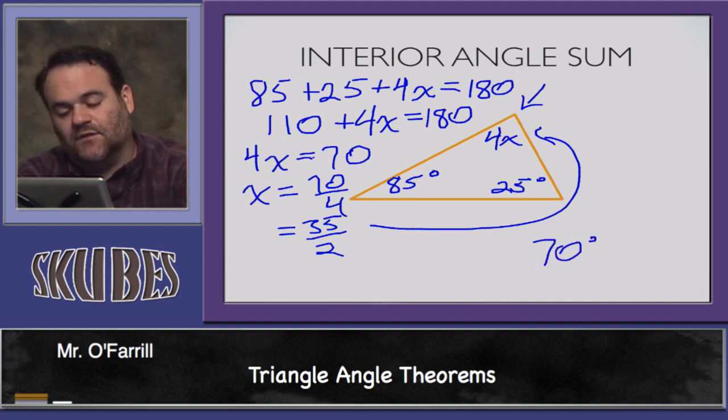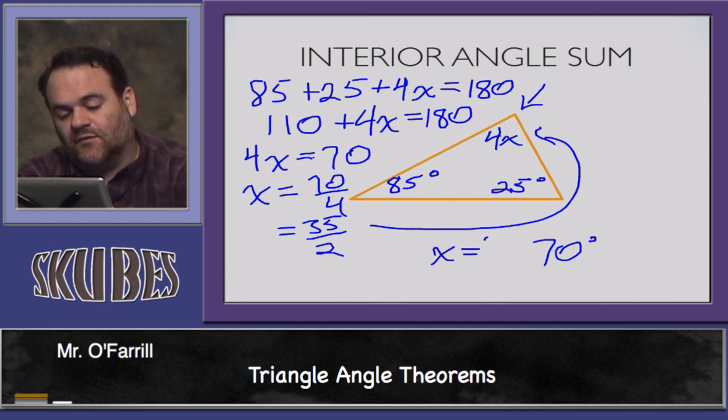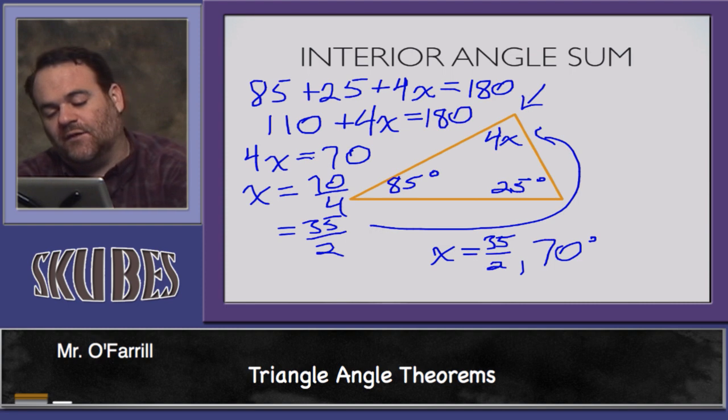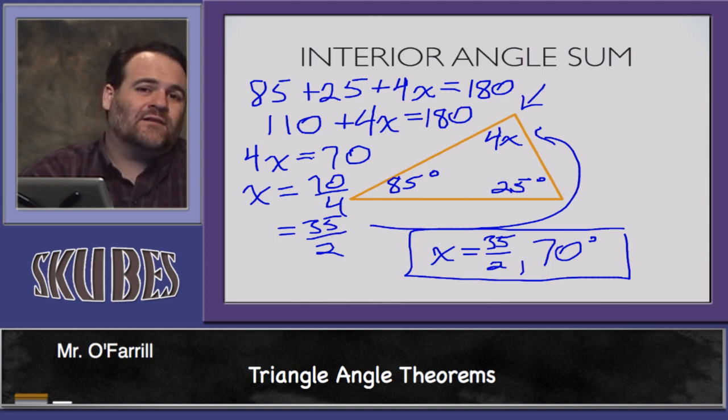So I can write the answer this way: 70 degrees and x equals 35 halves. Let's just put a comma in between to make sure that it's clear, and I'll put a nice box around it. So that's how the interior angle theorem works,